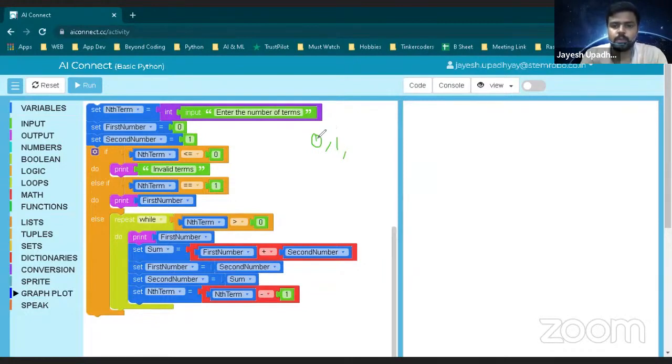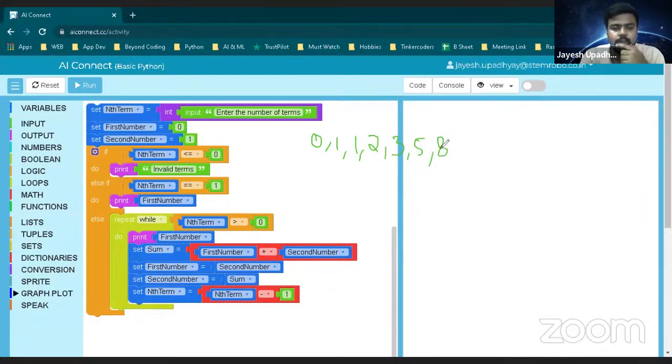Then we add these numbers together to find the next number. So basically you find the next number by adding the previous two numbers. Very simple, right? Like this you will get 3, then 5, then 8.